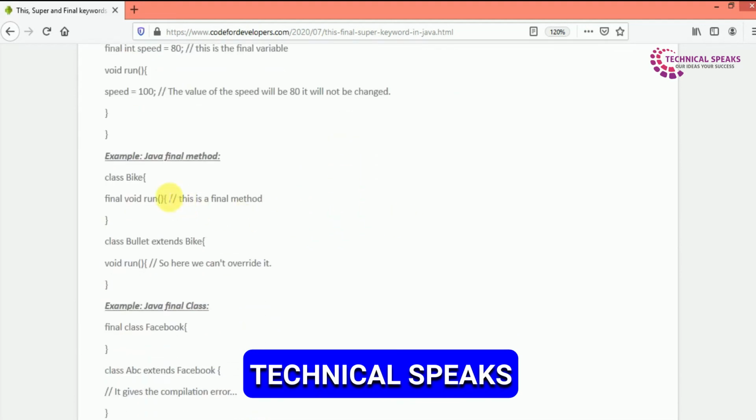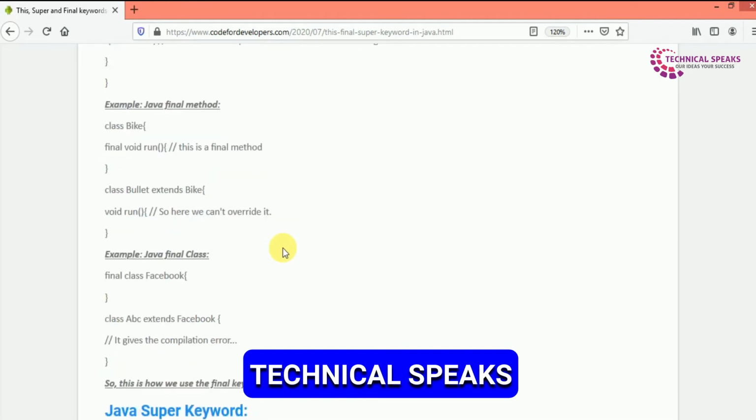Second one we have Java final method. If you make any method final, you can't override it. Example, class Bike, final void run, this is a final method. Class Bullet extends Bike, void run, so here we can't override it.